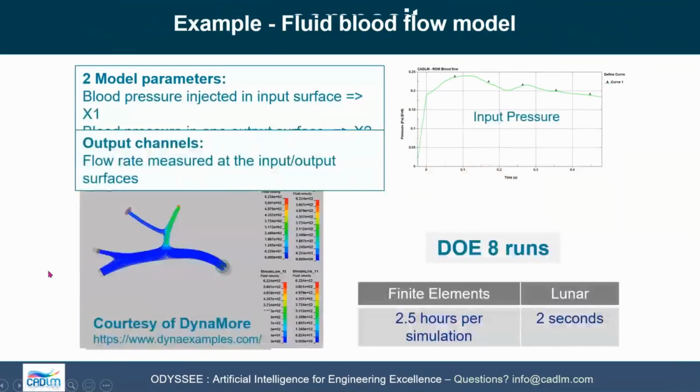This works also for CFD, exactly the same way. This is a blood vein actually modeled by Lunar and not by DYNAmore, but it is based on I think 8 initial runs, if my memory is correct. Yes, it states here. So we go from 2.5 hours to 2 seconds, and this can be used, or was used in this case,